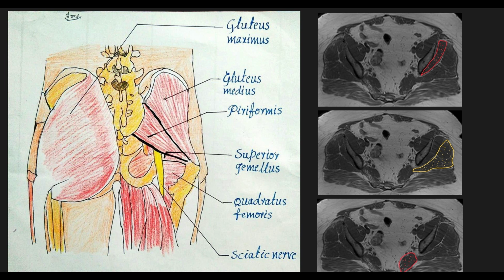This is the piriformis muscle illustration showing the piriformis muscle which is taking origin from the S2, S3, S4 vertebra and inserting into the greater sciatic foramen. So this is the sciatic nerve which you are seeing, and it is piercing and coursing through the piriformis muscle. So just to show the other anatomy, this is the gluteus minimus muscle. This is the gluteus medius and this is the gluteus maximus muscle, and you can see the classical piriformis muscle